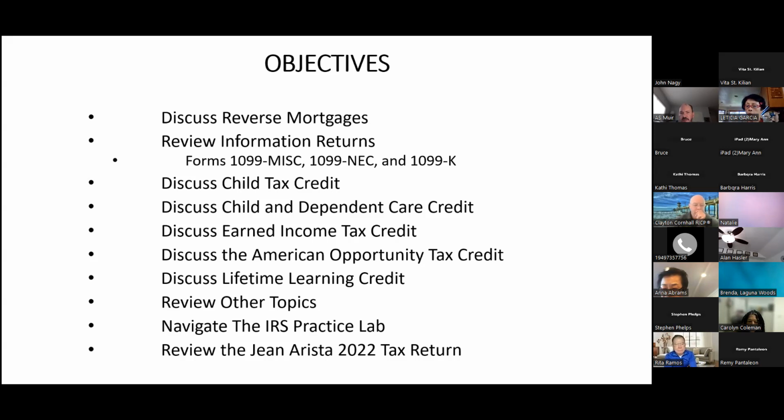And then we'll talk about the education credits. We see a lot of this at the VITA site. And when you hear the term American Opportunity Tax Credit, that is a credit that has both a refundable and a non-refundable component. And we'll talk about some of the rules for college students who are attending school and whether or not they're eligible for that credit. And then the lifetime learning credit, you see a lot of that. And we'll get into the rules there.